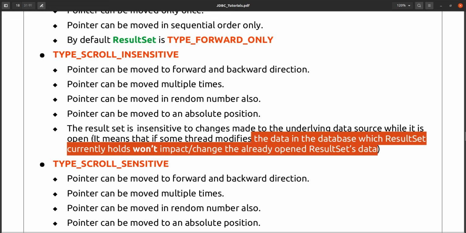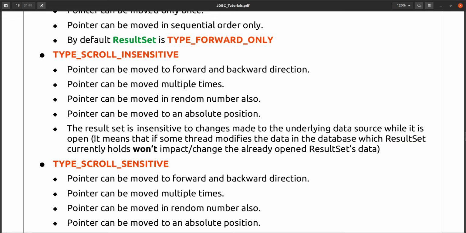Suppose you have executed one select statement from some table and got one result set, but after getting the result set some other thread came and changed the data of that table. In that case the data will not be reflected in your result set. This is the meaning of type scroll insensitive.